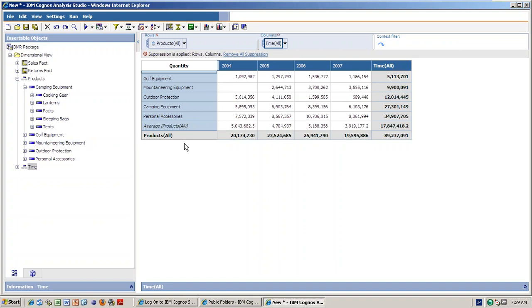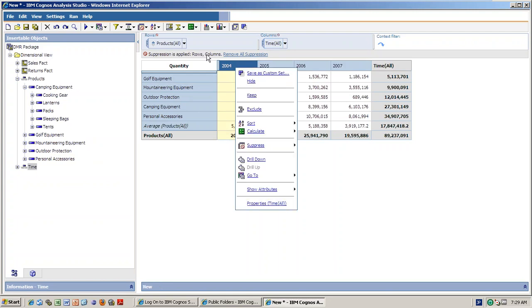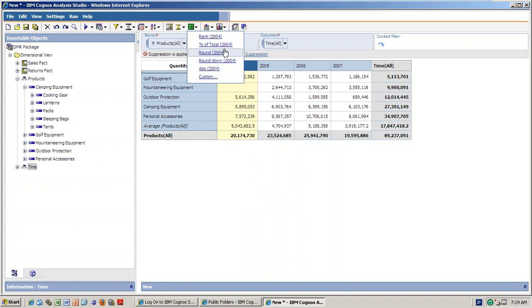Okay? Okay, sir. This is what we did in the DMR package. Please go through the DMR package creation. That package is analyzed in the analysis tool. Next, you can do anything with this one. Like this, you can do the round off, total, absolute total, all those things. And if you're expecting a chart for this crosstab, say golf equipment 2004, this is the value.